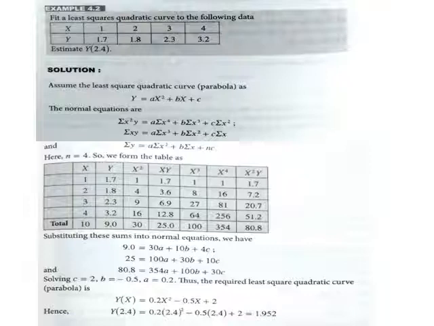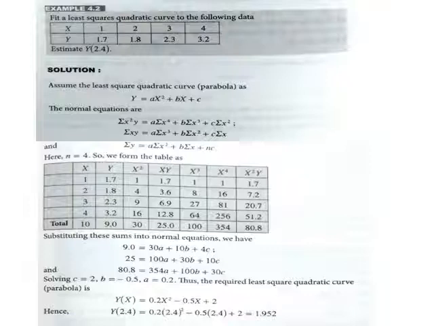First equation, take the summation as it is. You will get summation y equals a summation x square plus b summation x plus n into c. Second equation, just multiply with x and then again take summation. You will get the second and third. So by this process, we obtain three normal equations, and again by putting all the data here, x equals 1, 2, 3, 4, y is 1.7, 1.8, 2.3, 3.2, and calculating all the data, you will get three equations in a, b, c.